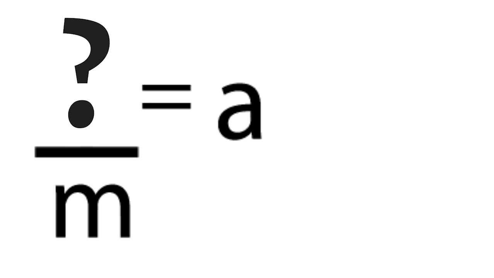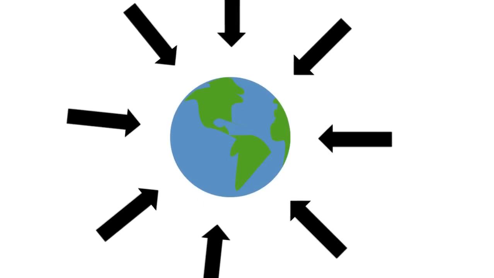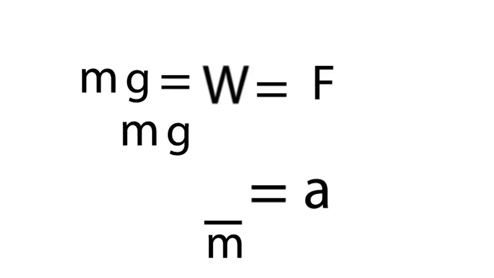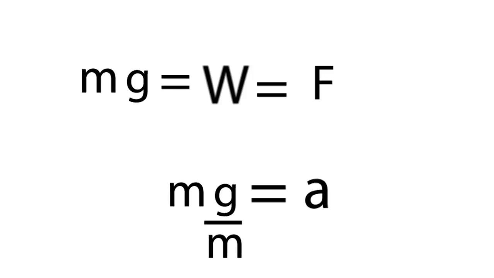But what is the force that acts on the object? It's gravity, or the mass under the influence of gravity, which in other words is known as weight. The equation for weight is equal to mass times gravity. So now we know that force is equal to weight. Then we can substitute that into the equation, and that will give us mass times gravity divided by mass